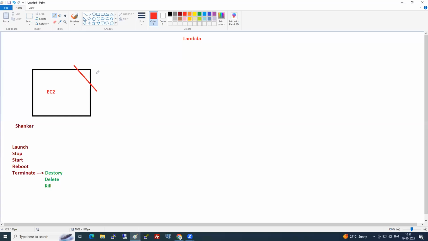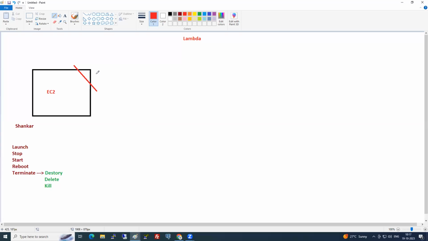Later he came to office and he is looking into my eyes. Riyaz sir, eyes are not red. Why? Because he knows that I'm awake all the night. He's thinking I'm terminating the EC2 instance. I don't have any other work. I will see when Shankar launches an EC2 instance, I'll terminate. I can have an on-off button like that, so I'll on-off terminate. Is it my work to do at night? No. So then how are the EC2 instances getting terminated?